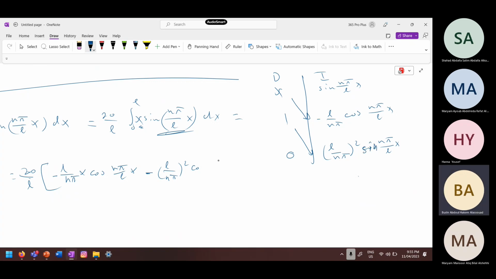I wrote it mistakenly, sine n pi over L x, from 0 to L. Now, knowing from Fourier series that the sine can be cancelled, if you substitute L and 0, it can be cancelled. So this will give you